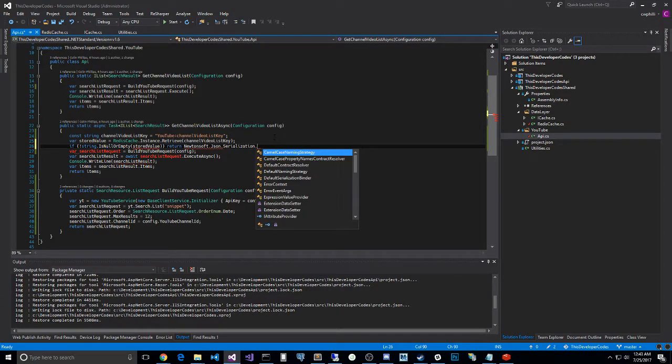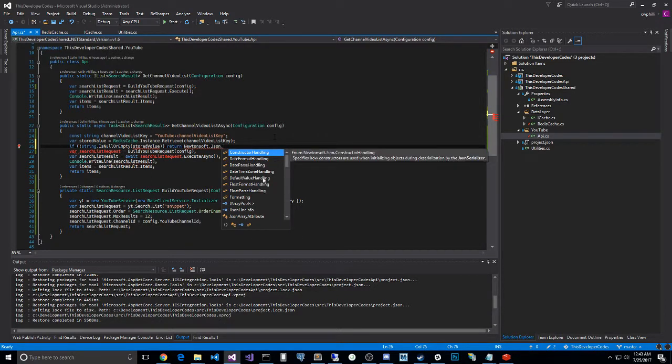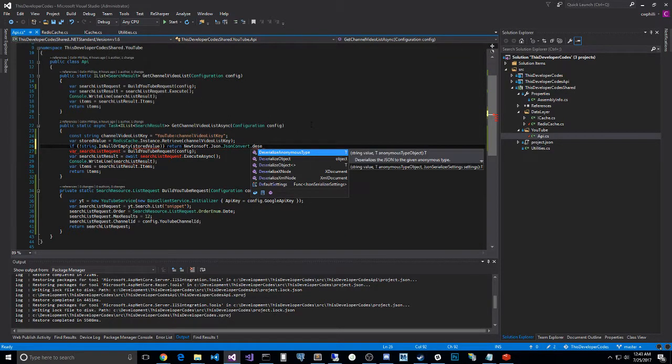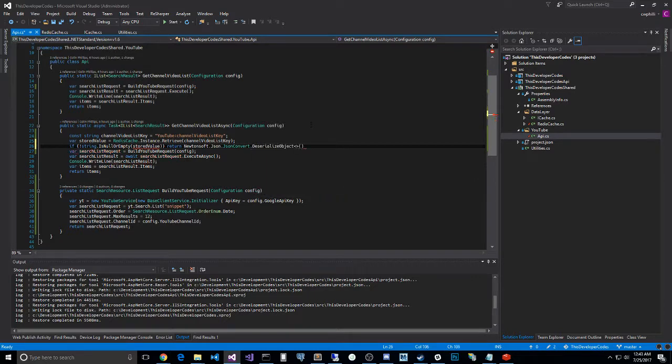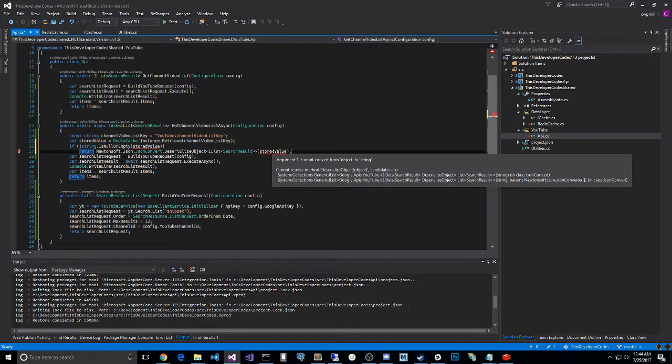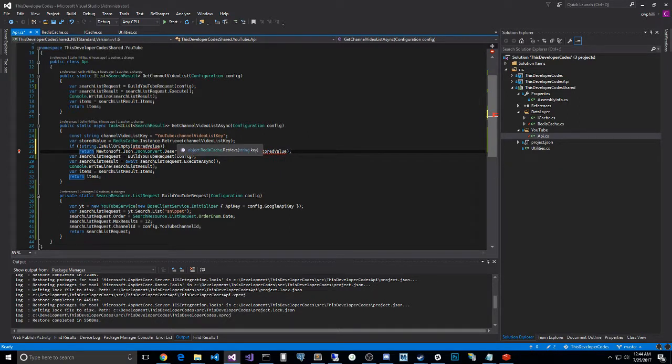Newtonsoft.json.serialization, actually, can we go right to the JSON convert, deserialize object, and it is going to be a list of search results. And for consistency, we'll do this, and we'll be deserializing it based on a stored value. And stored value is an object, so